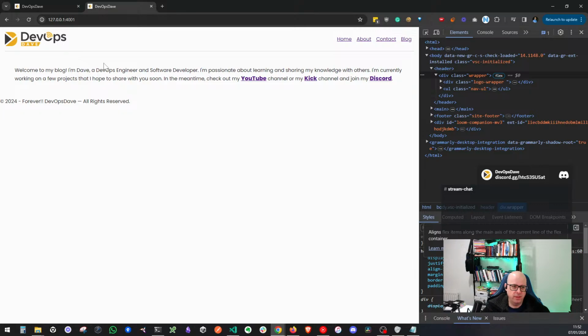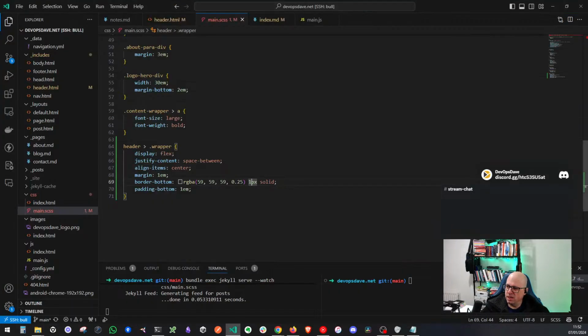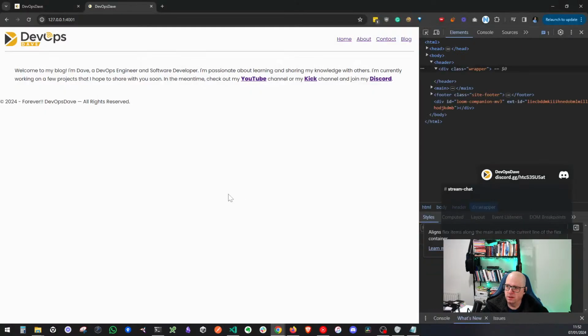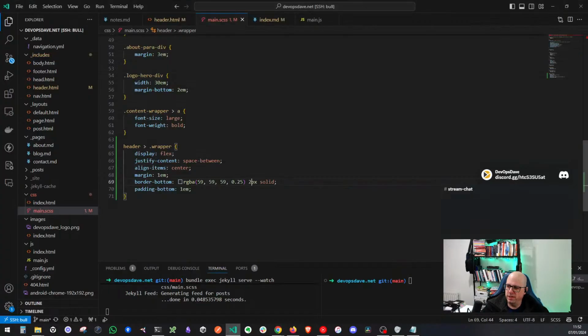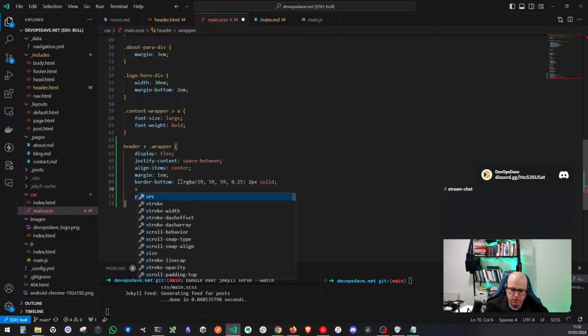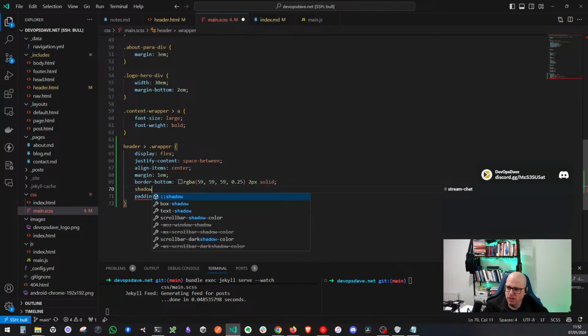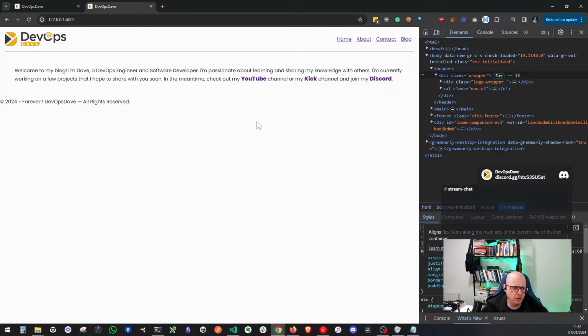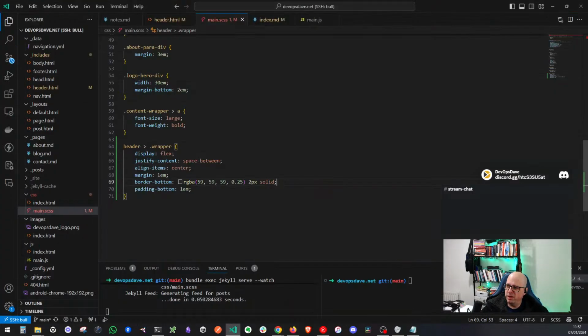All right, that's good. Let's make that 2 pixels though. Nice. Wonder about shadow. You know what? That's overkill. Since I'm not a front-end engineer or a designer, what am I doing? That'd be crazy. Okay, now how about a,